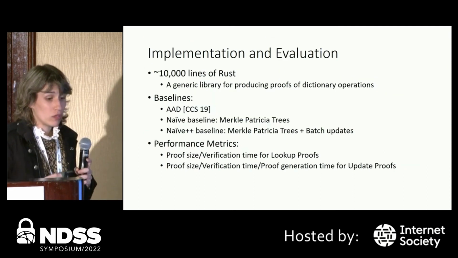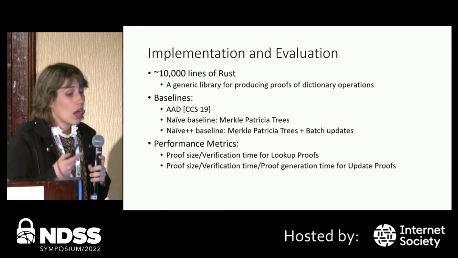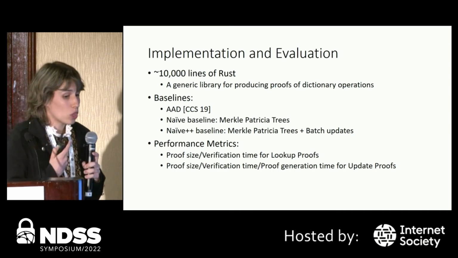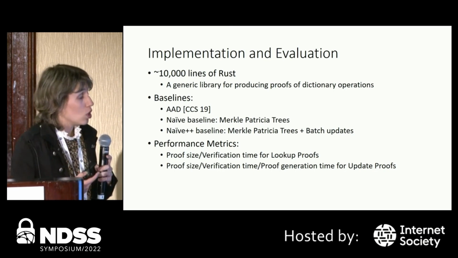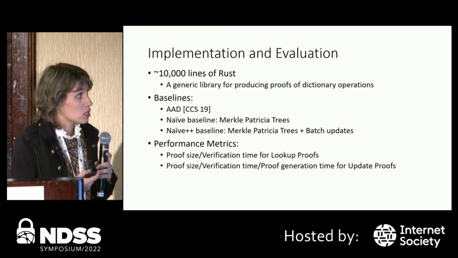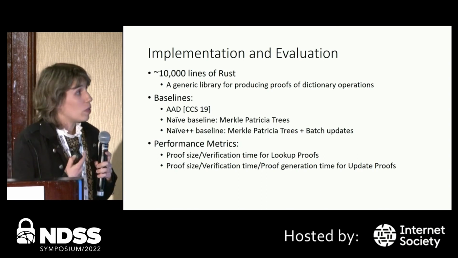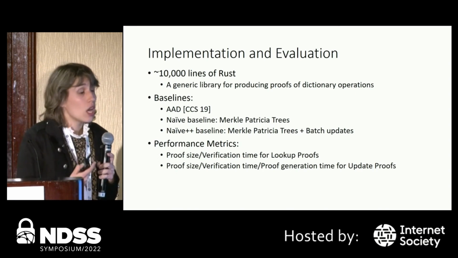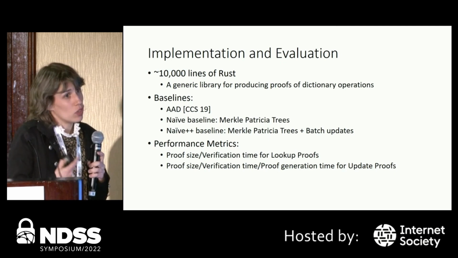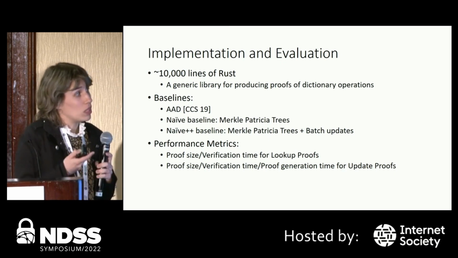Now, we implement Verdict as a generic library for producing proofs of dictionary operations, and our implementation comprises approximately 10,000 lines of Rust code. To evaluate Verdict, we compare it against 3 baselines. First, a prior system called AAD. Second, a naive baseline based on Merkle-Patricia trees. And third, an optimized version of the naive baseline that is again based on Merkle-Patricia trees, but it's also batching